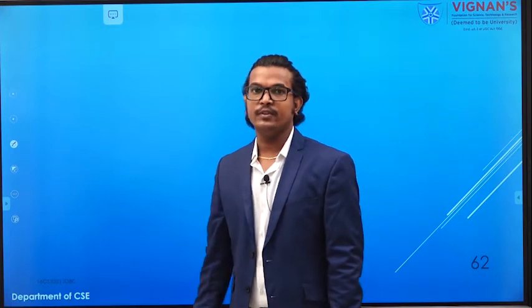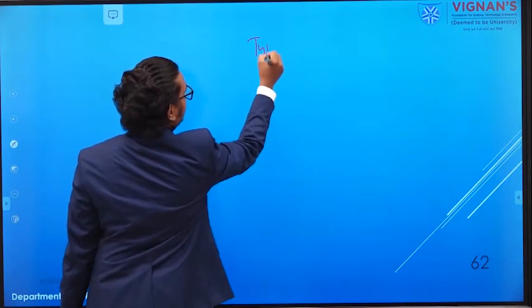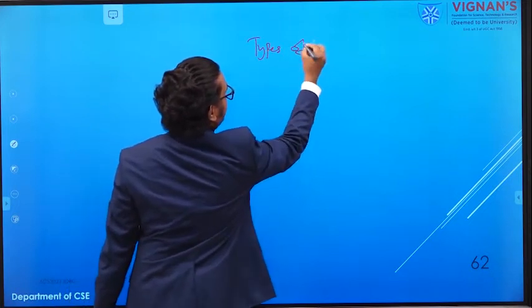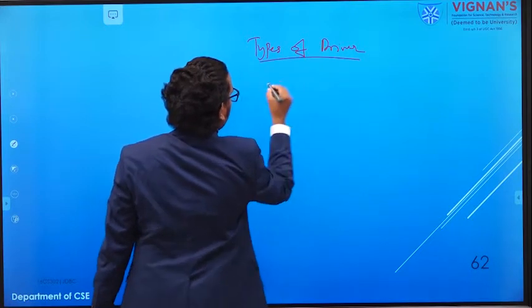In the previous lecture we were talking about the different types of JDBC drivers. We saw the types of drivers. There are a total of 4 drivers.